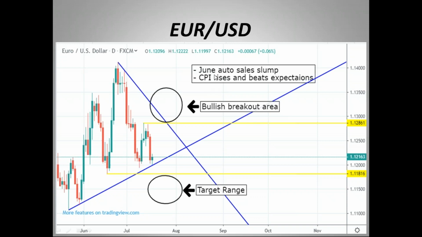now here we had today, we mentioned for the euro, the June auto sales slumped. That was giving inklings that the Eurozone may see a further slowdown in their economy. However, we had their CPI rise and beat expectations. So the two numbers, now the CPI was on that list that we introduced this video with, the auto sales wasn't, but these two numbers are very strong, and they're definitely also industrial numbers. So that being said, they kind of canceled each other.